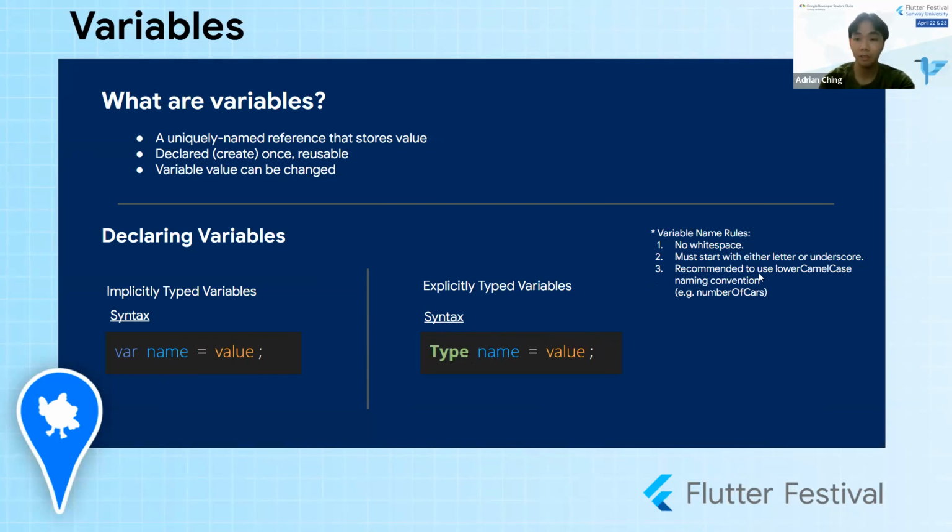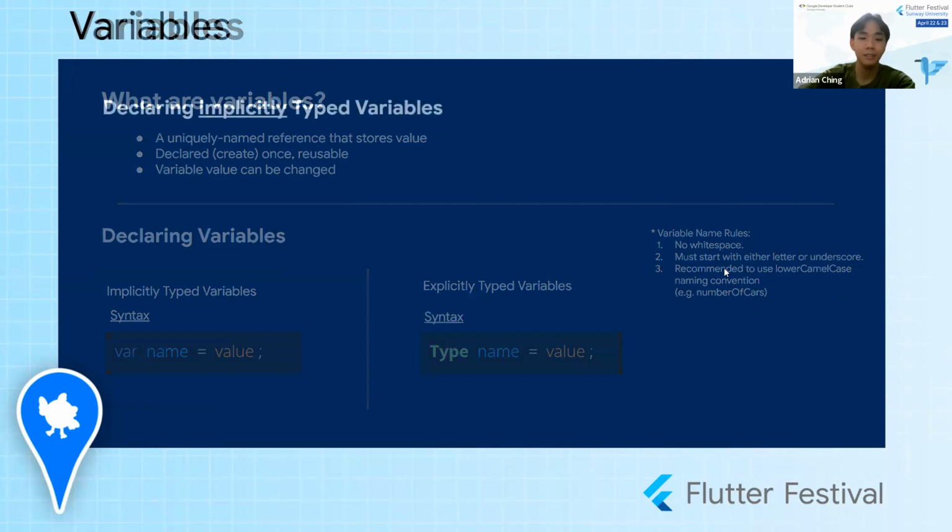And it's recommended in Dart to follow the lower camel case naming convention. A lower camel case naming convention is something like this. As you can see, the first letter is lowercase, and if there's a space, usually number space of space cars, the space will be replaced with a capitalized letter to indicate that it's a new word.